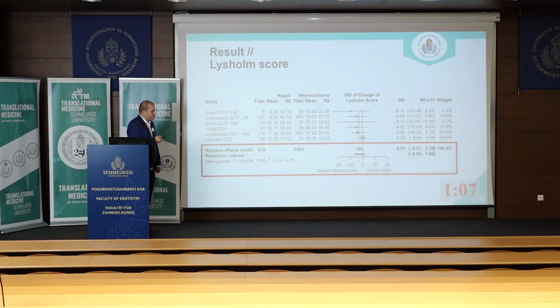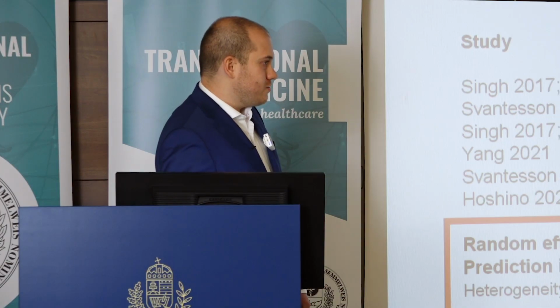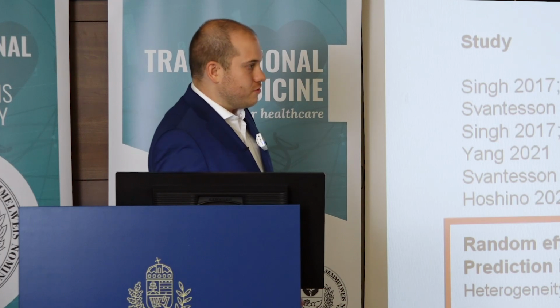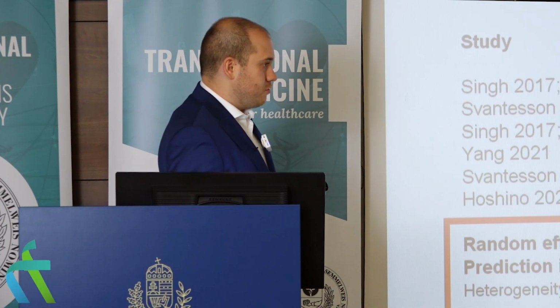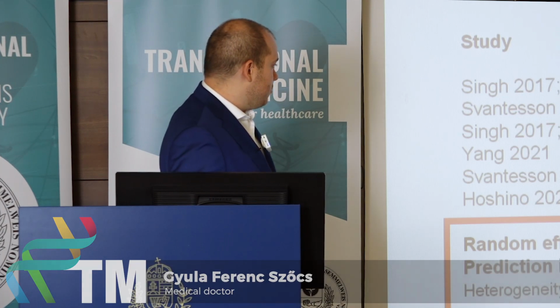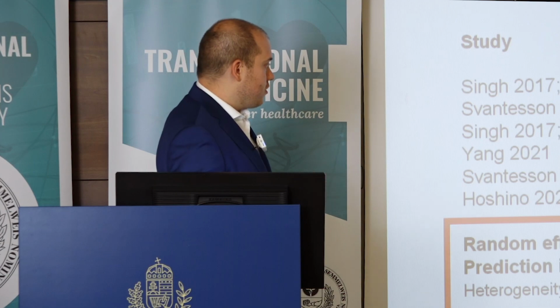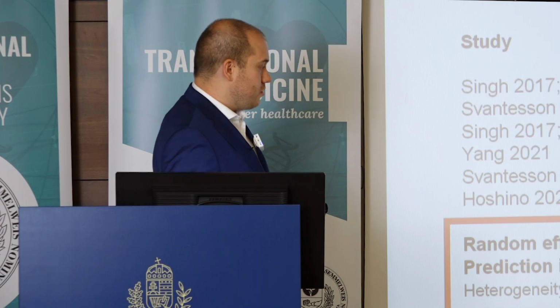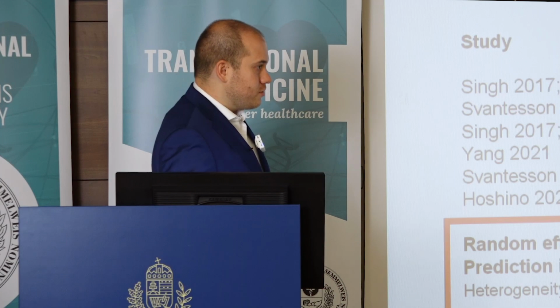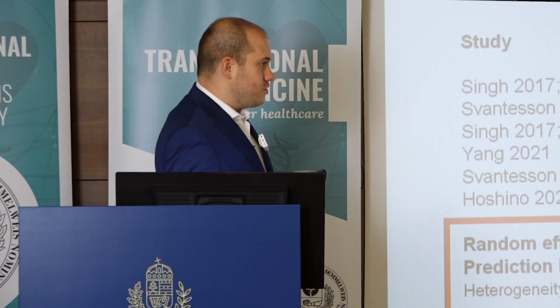What about the late results? Well, first of all, unfortunately, these are 1 to 2 year results. So medium term, there is no difference. We are very interested to see the longer term, but there was no real literature available, unfortunately, or a good level of literature. But we included one article which compared the ramp injuries of the medial meniscus and lateral meniscus, so the base root injuries, with non-operative and suture treatment, and they had